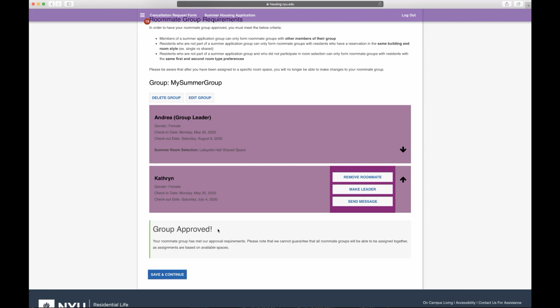Please note that we cannot guarantee that all roommate groups will be able to be assigned together, as assignments are based on available spaces. You should also note that on this page you can remove a roommate from your group, or transfer leadership to a member of your group. Please note that if the group leader of any roommate group cancels their reservation, you will need to create a